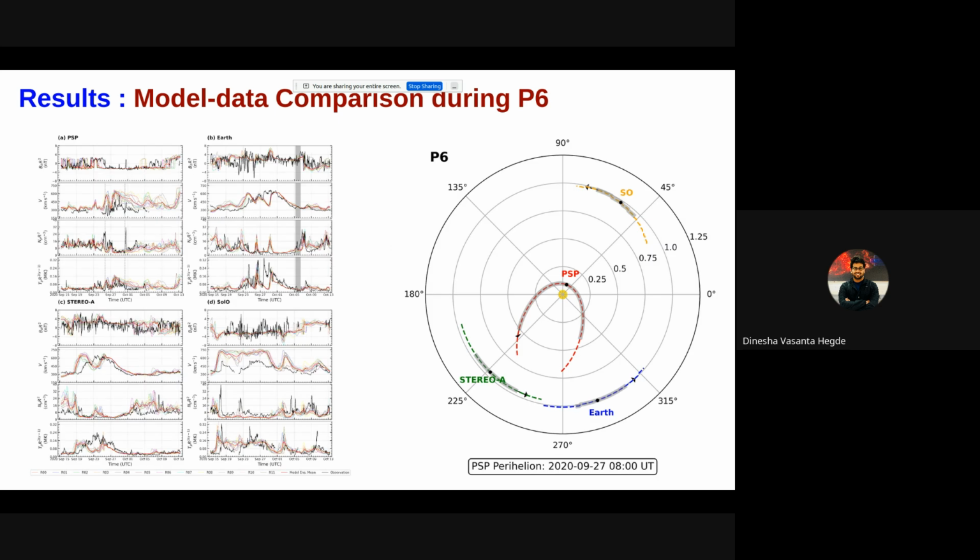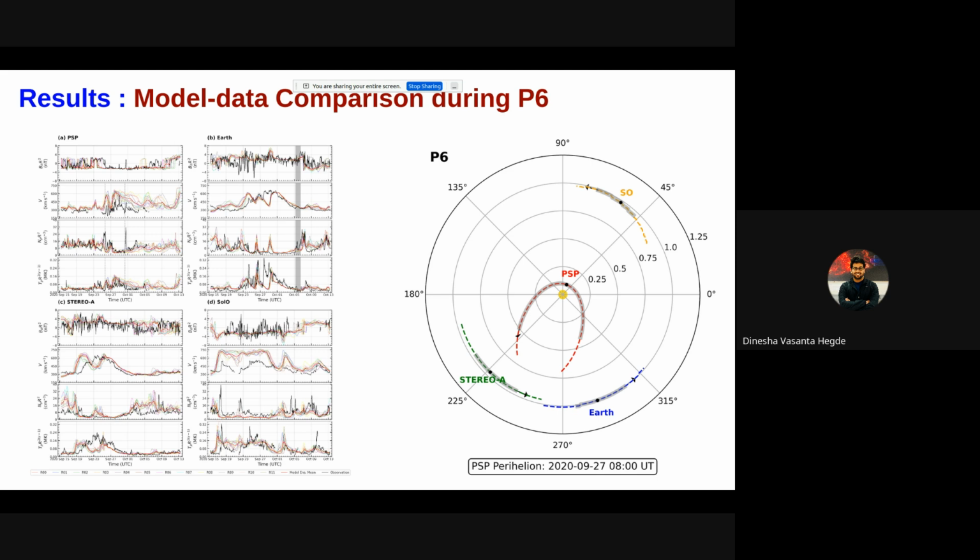So to quantitatively evaluate how well our model is doing at multiple locations, for different variables and different cases, in a normalized fashion, to clearly compare where we are doing well or not, we need to first remove the radial dependence of the solutions. Basically, as we know, PSP is sometimes very close to the Sun, and it crosses a lot of heliocentric radii, and other spacecraft like STEREO and Earth are always near 1 AU, but Solar Orbiter also crosses multiple